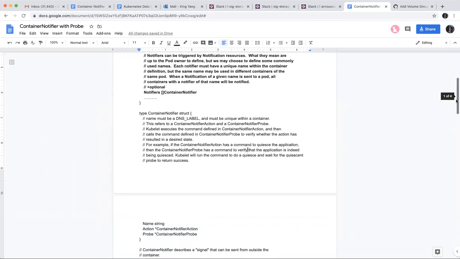The stability of this and how powerful this thing can be scares them a little bit, because basically people will start utilizing those notifiers to do weird things. That's one of the concerns. They don't list any specific use case over here, but I kind of agree with them. This is very powerful. You can pretty much achieve anything.